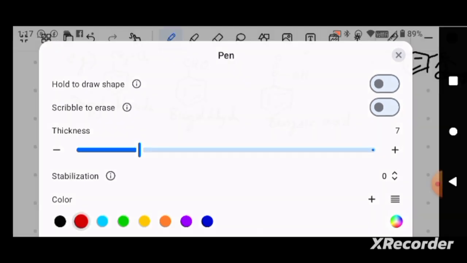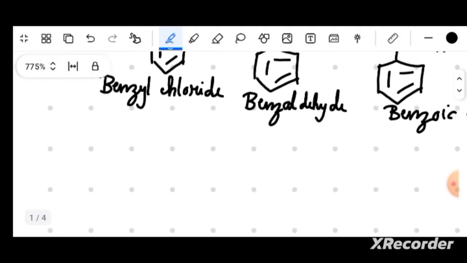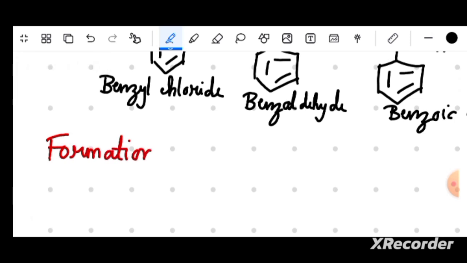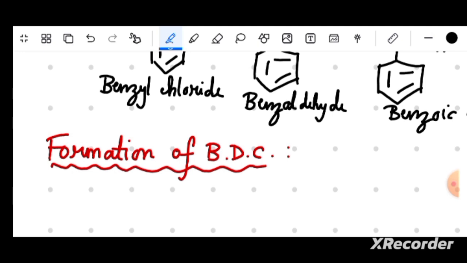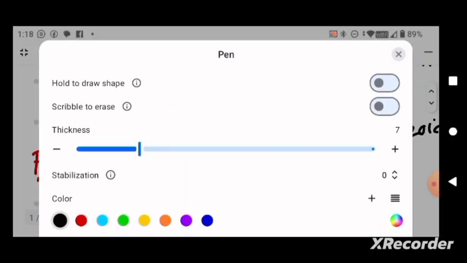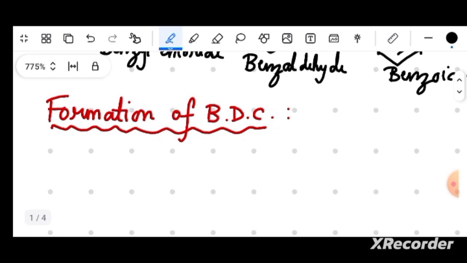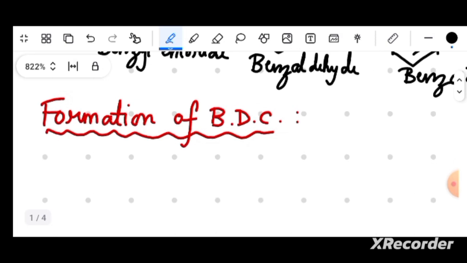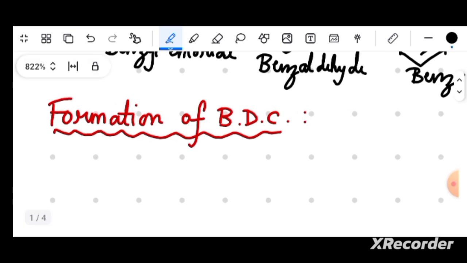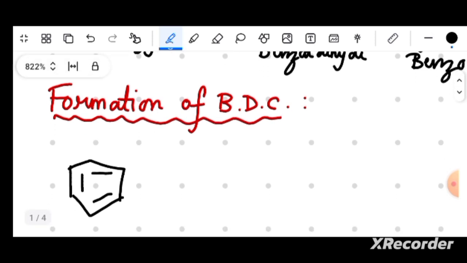What will be the intermediates? First of all, the next topic is formation of BDC. No need to worry, BDC is nothing complex. Formation of benzene diazonium chloride requires some steps. So first, from benzene we will transform it into aniline. How to transform it into aniline? This is benzene, and from benzene,